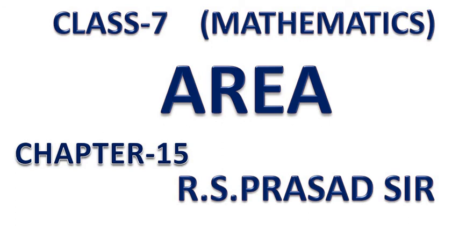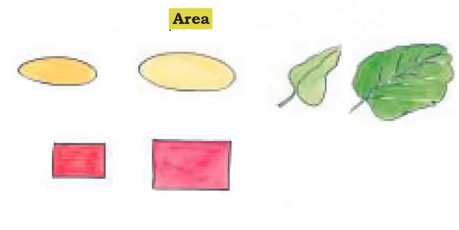So you can see what the area is. So this is your area. A plane surface which is covered by any figure is called area. Here you can see the yellow part of this figure, that is called area. It is enclosed by this circle and it is colored with the yellow color. So that is the area, and remember, area is always on the plane surface.